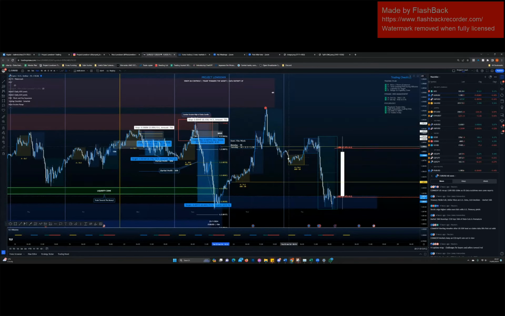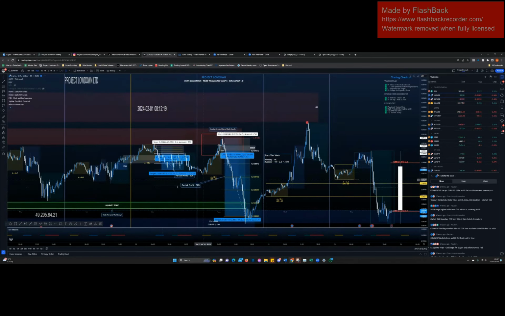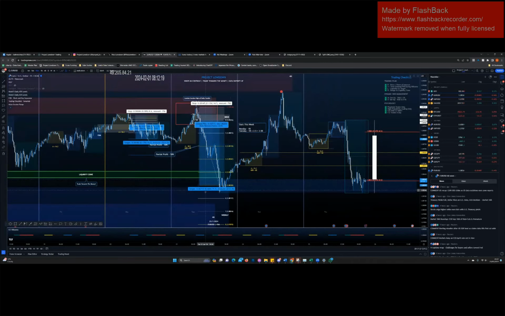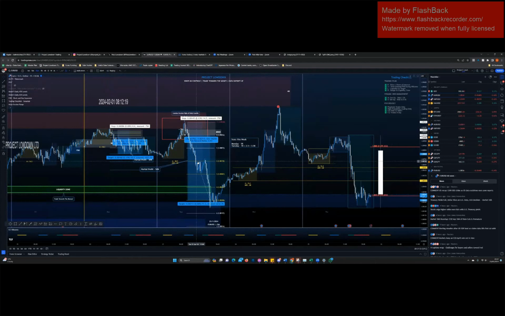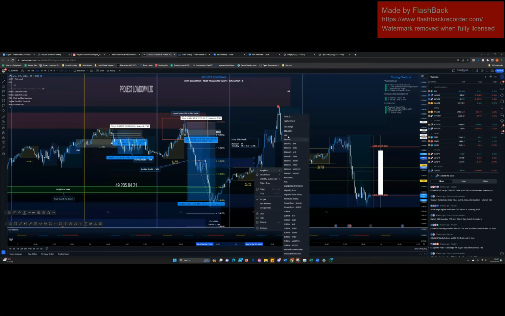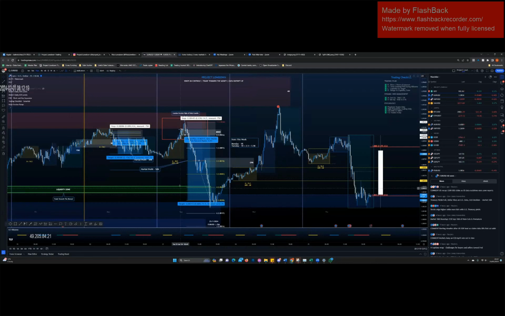So let's break it down. Same process again. We're playing defense until Asia expansion, but what do we know in the lead up to this? We know that this has come from a weekly demand. We can see this is a liquidity POI, that if we get a reaction from, and a failure, then we can say it's a CPB failure, then we can start looking for longs because we can determine that demand is in control. What else do we know in the lead up to this? You have one bearish candle, two bearish candles.